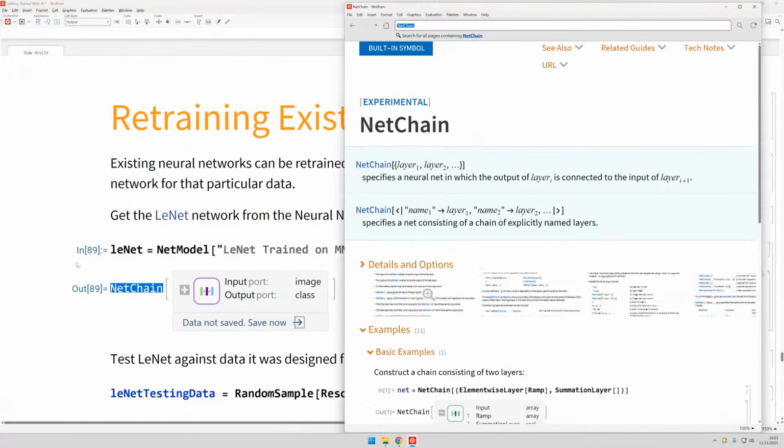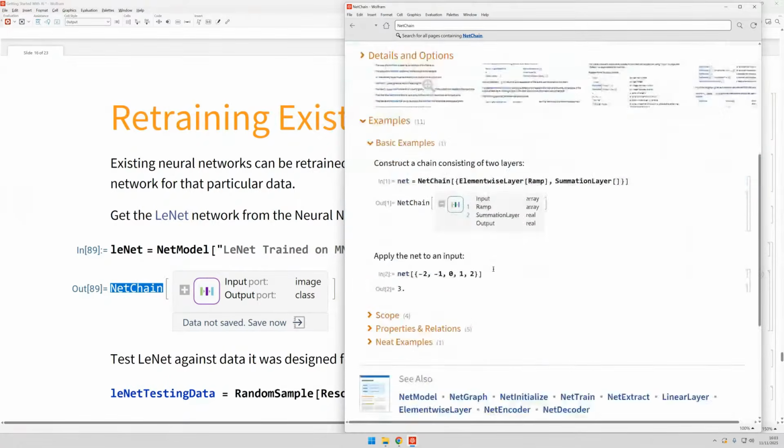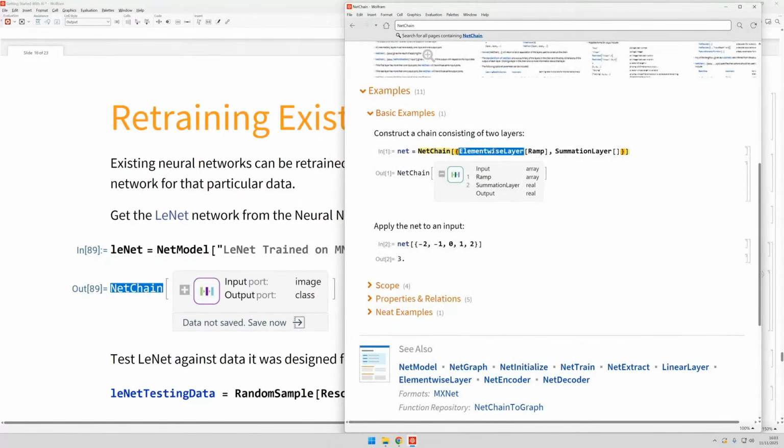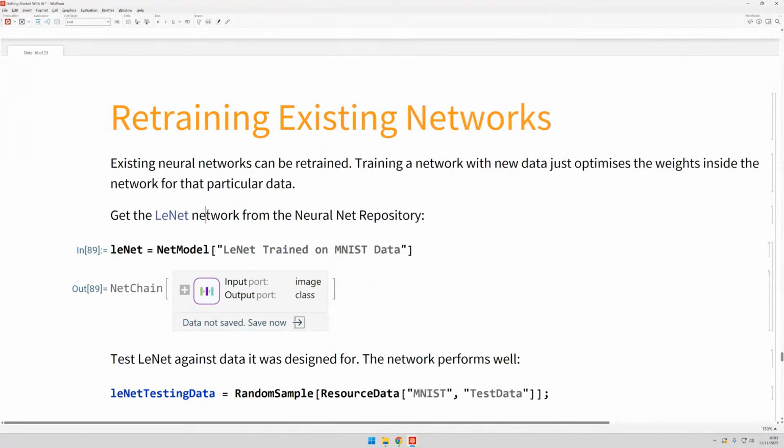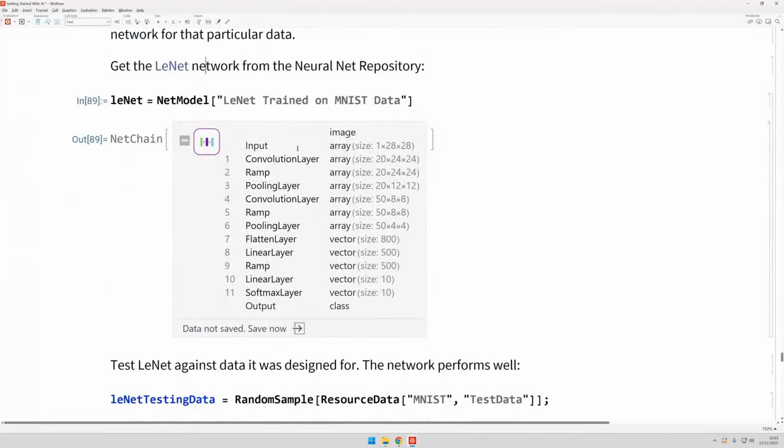So if you wanted to construct your own neural networks, you could go about calling the net chain function on a list of different kinds of layers, which you can also give names to. And then, here we're specifying them on an element-wise layer, which uses a ramp function, and then a summation layer. And again, this is a very simple layer, very simple net chain, but you can imagine it getting very complicated very quickly. And in fact, if we look at the LeNet, it has a big number of, well,